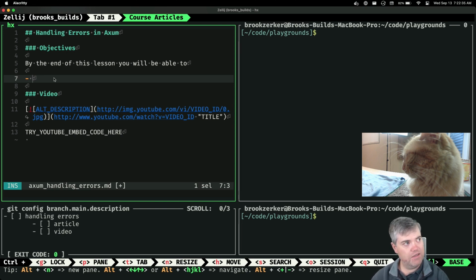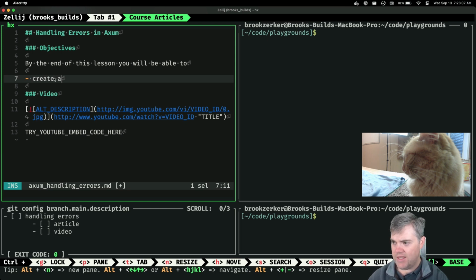I guess how to respond. Okay, so we want to be able to return a result. It's going to have a custom error response. So I guess this one will be create.